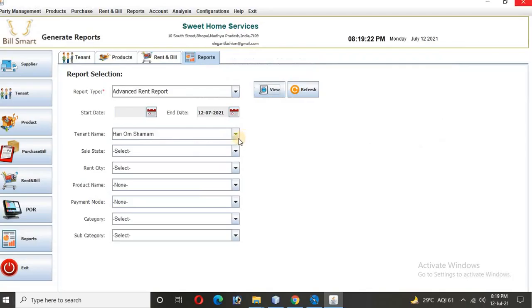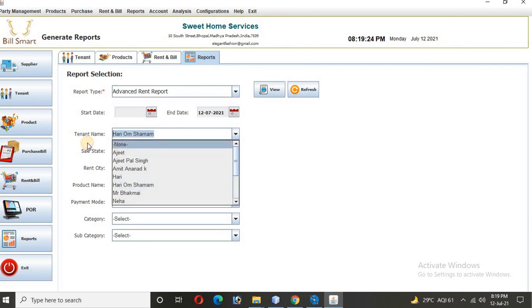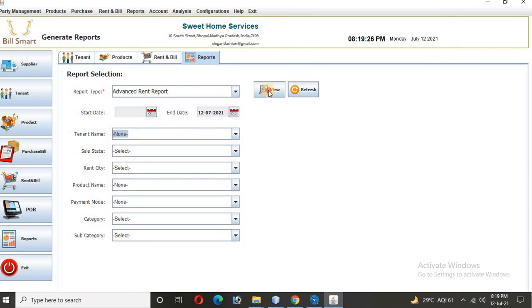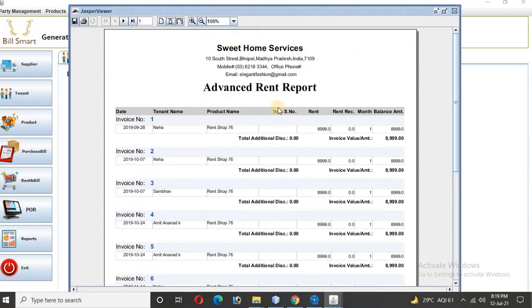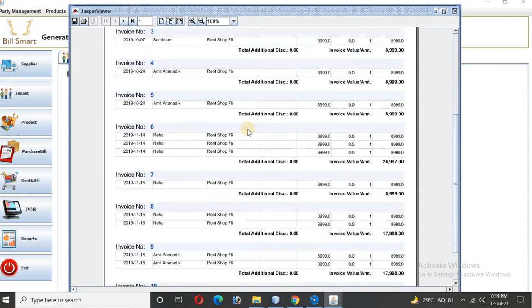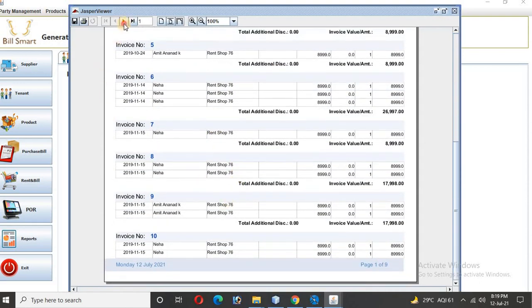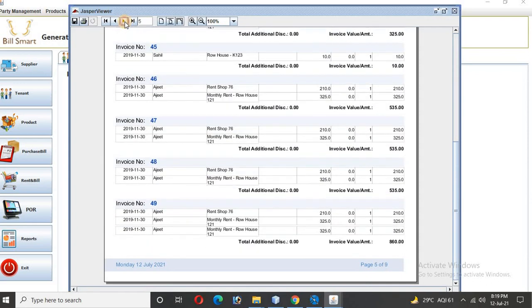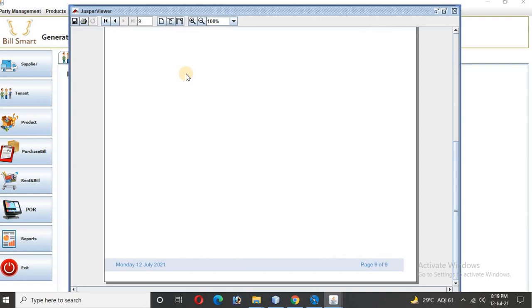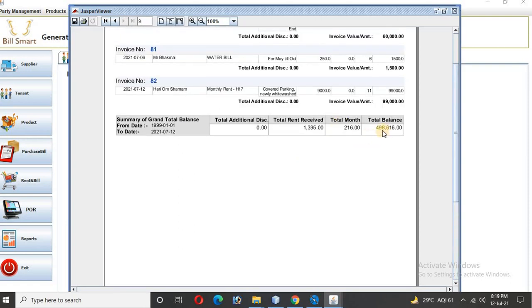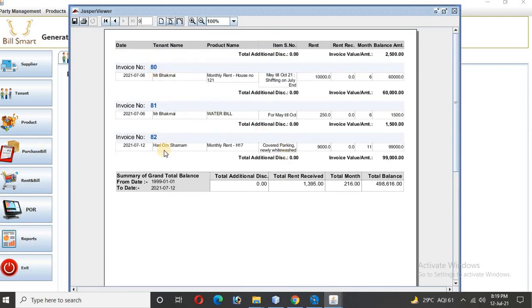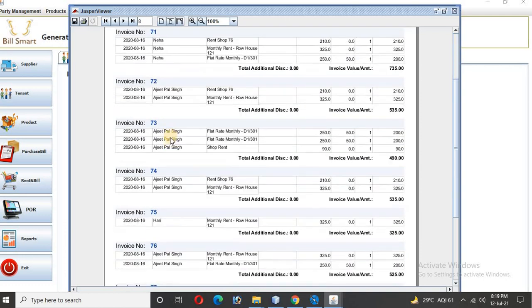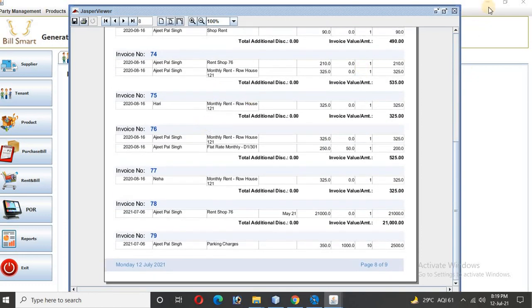So like if I choose not a customer and everyone there, just choose tenant name as none and then view. So then all the transactions, whatever we have done, say, for shop and whatever it is, and there are multiple pages, so page number 3, page number 4, etc., and go on to the last, and then we have 4,98,616 as the total rent we have generated, and 82, 81, 80, this way as we have generated, they are all up here also. So these are the detailed reports.